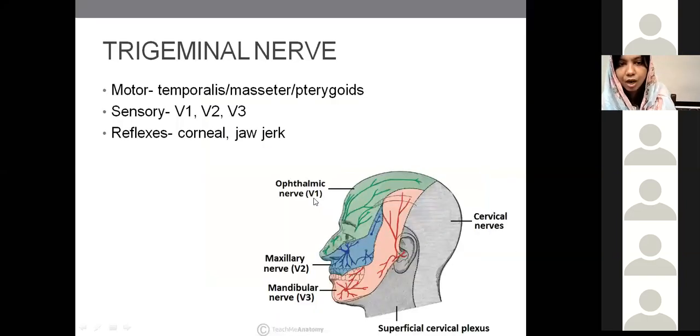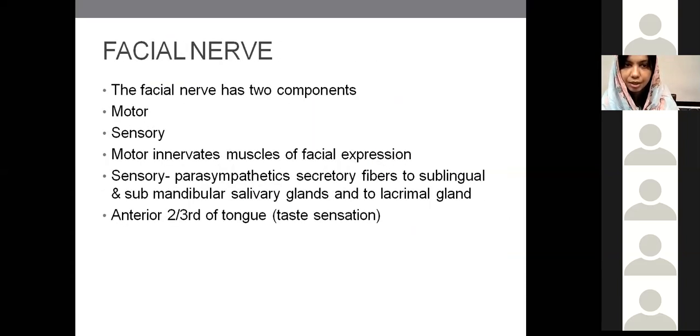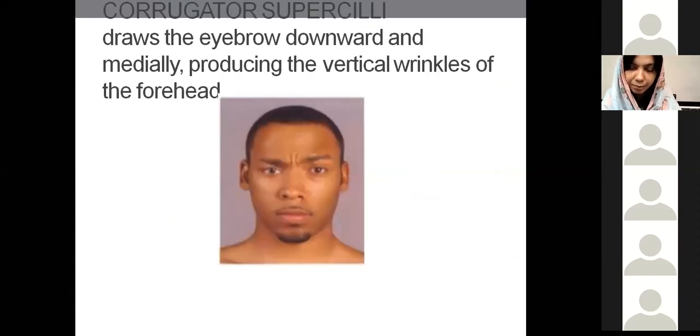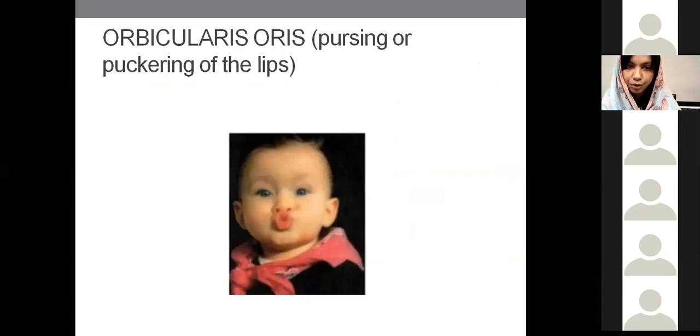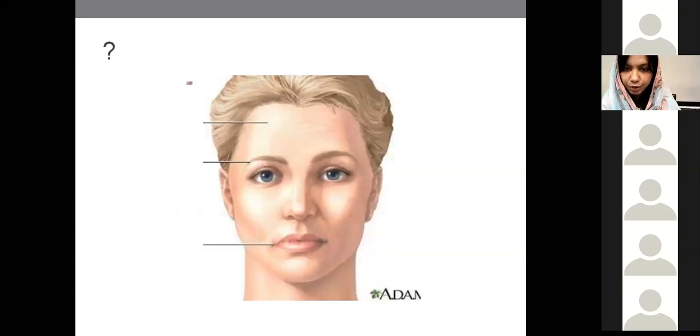Okay, we have to start our description from the trigeminal nerve, in which we will just go through motor, sensory and reflexes, which we discussed. Okay, then we move our description towards the facial nerve. The important component in the facial nerve, which I will have you repeat, is the lower motor neuron and the upper motor neuron part. This is a lower motor neuron facial palsy.